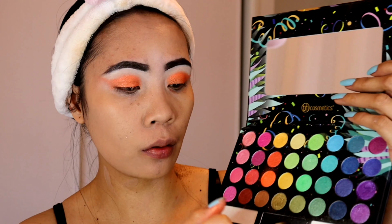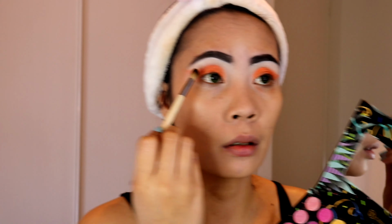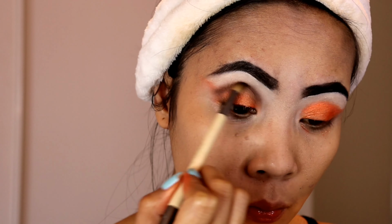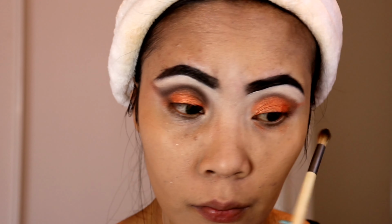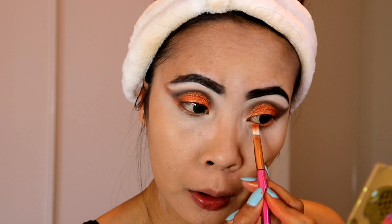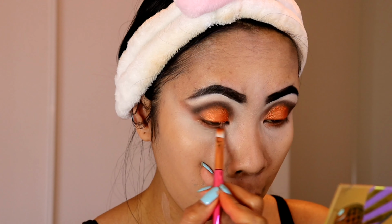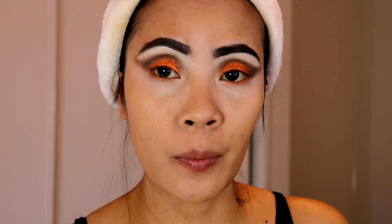Back to Brazil na palette, and I will use the black eyeshadow here, and I will just go from the outer corner all the way to the inner corner. I'm going to draw a spider web on my